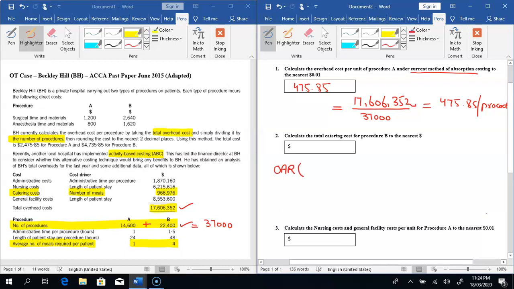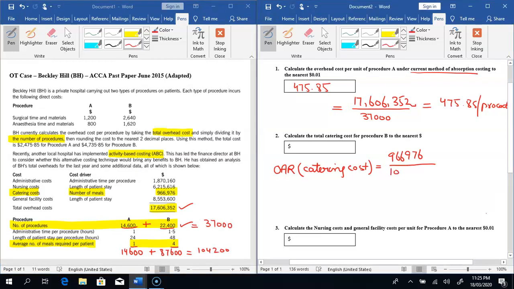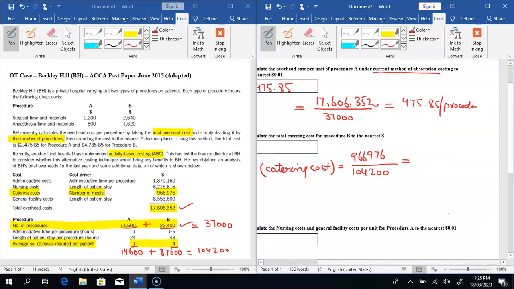So what I will do first is, I will calculate the OAR for the catering cost. And how I do it, I divide the total of the catering cost, which is 966,976, by the total number of meals. Now the total number of meals would be, so there is one meal for procedure A, so that would be 14,600 meals, and there are 4 meals for procedure B, so that is a total of 87,600 meals, and if I add them together, in total they are 104,200 meals. So these are the total number of meals. So if I divide the total of the catering cost by the total number of meals, the rate I'm getting is